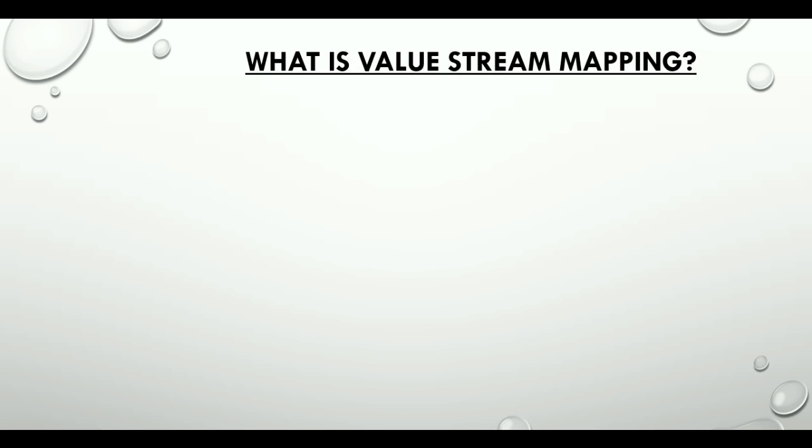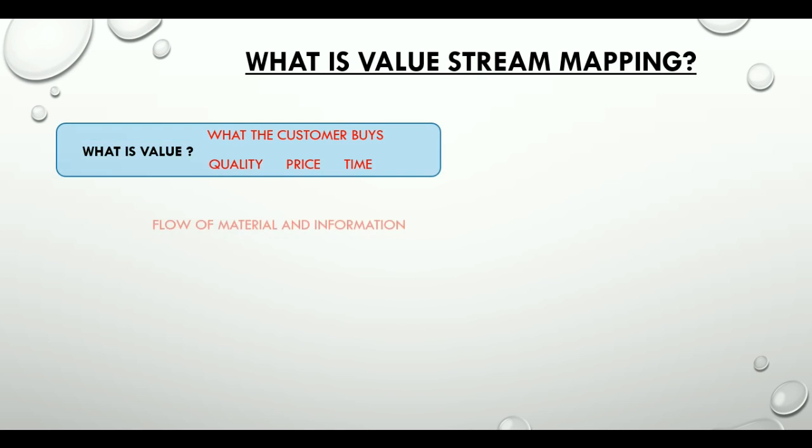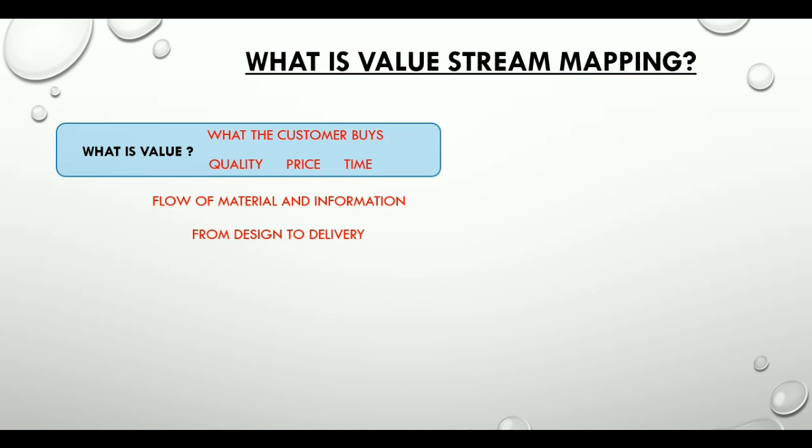Value stream mapping is an extremely powerful Lean tool if used appropriately. To understand this better, let's ask ourselves, what is value? It is actually what the customer is willing to pay for, decided by quality, price and time. A stream is formed by the flow of material and information from design to delivery, and this flow creates value for the customer. Mapping this stream of value is called value stream mapping, or popularly VSM, and it helps identify